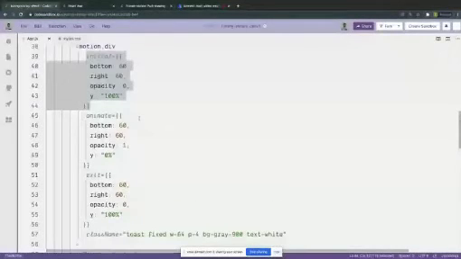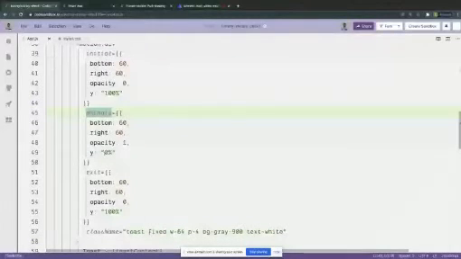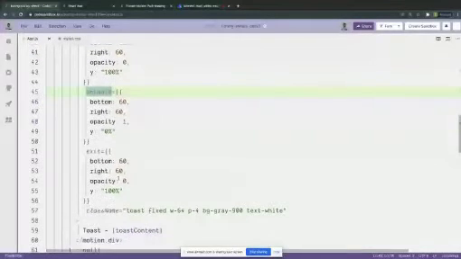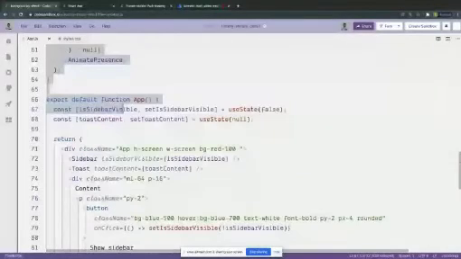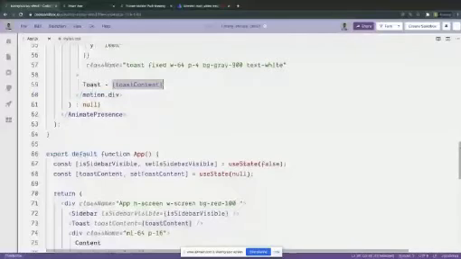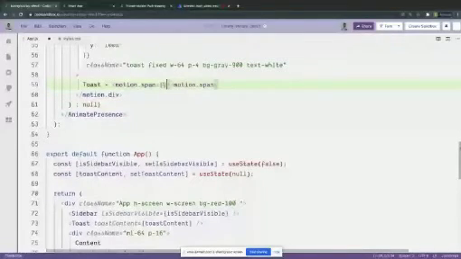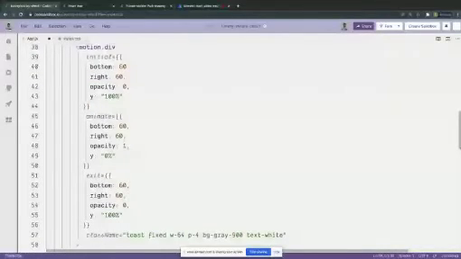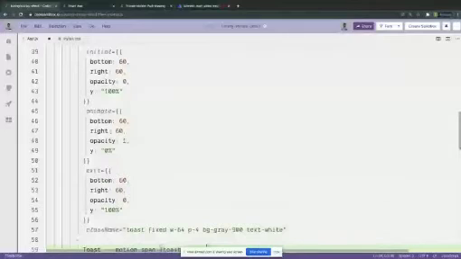Finally, another interesting thing that we can do with motion components is that the animations are tied in the tree. So for example, I want to animate multiple elements in this component. So I also want to animate this thing. So I can just simply do motion.span and wrap my content in that. So what is that toast content? I also want to animate this. So while it is animating from initial to animate state and animate to exit, I also want to animate toast content. So I don't have to create all of these over and over.